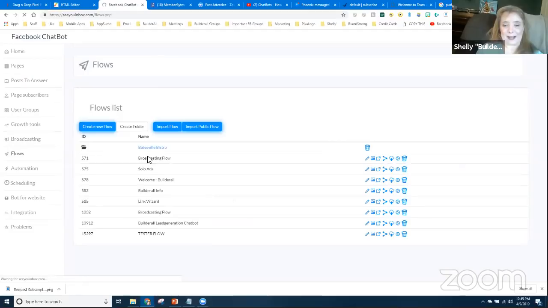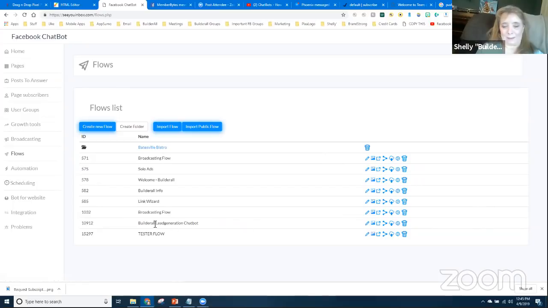I'm going to go ahead and click this button. And this is where the meat and bones of the chatbot is. This is where you're going to actually build all of your steps. You're going to put all of your content in there, and you're going to organize it in a way that you can see that flow and what's happening with your clients. And I just want to give you an idea of what this can look like.